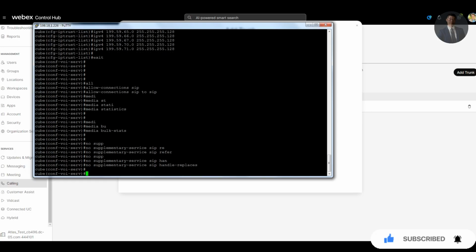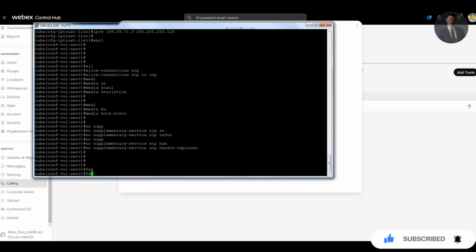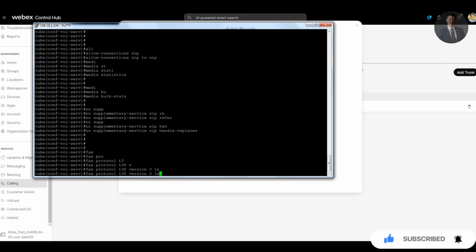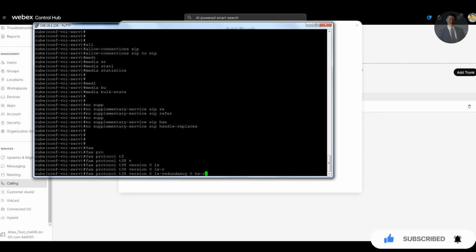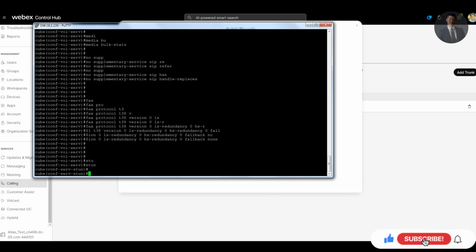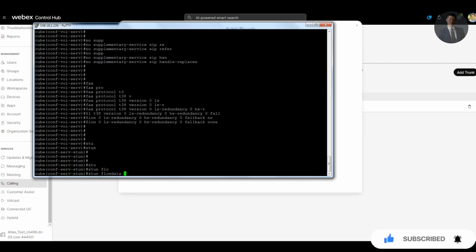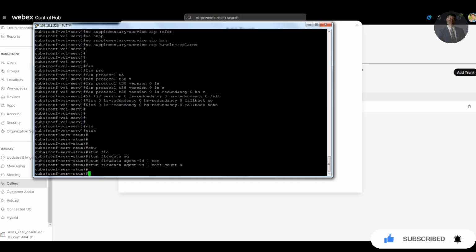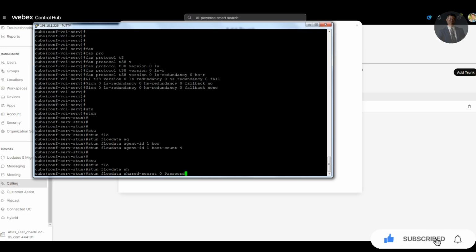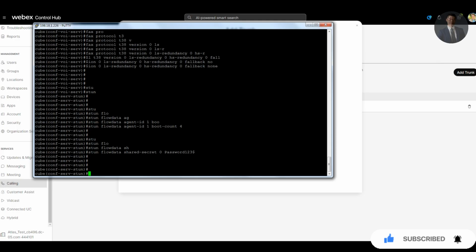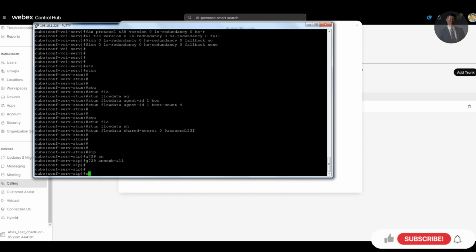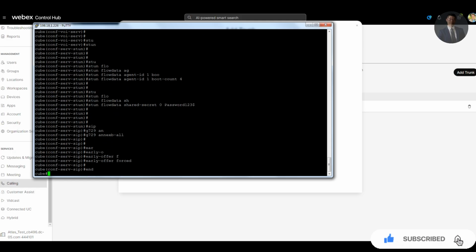We'll say fax protocol T38 version 0 ls redundancy 0 hs redundancy 0 fallback none. So STEM flow data agent ID 1 boot count is 4, STEM flow data shared secret 0 password 123 and a $. Zip G729 Annex B early offer force early offer, and this few commands I have to clear up is IP trust